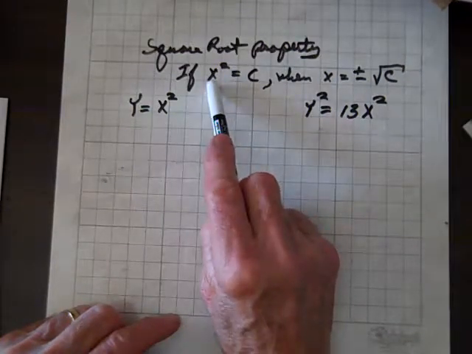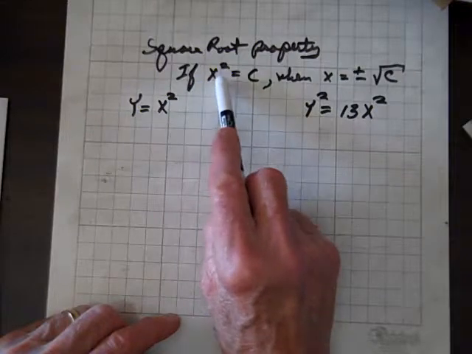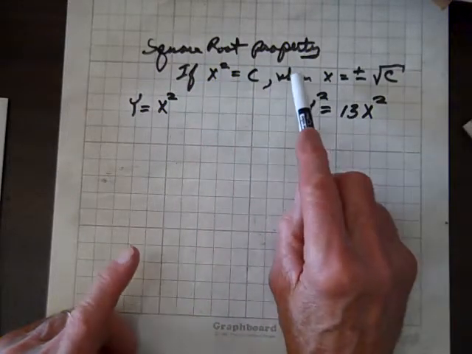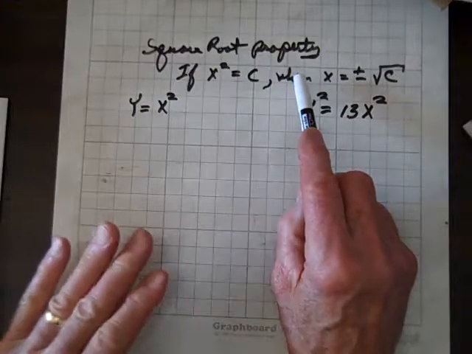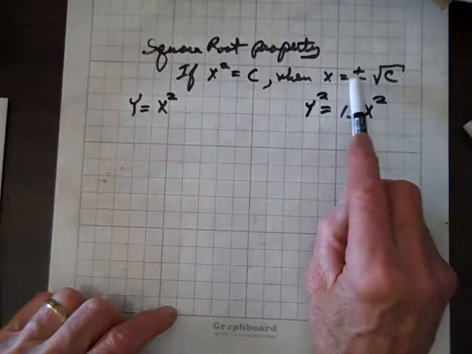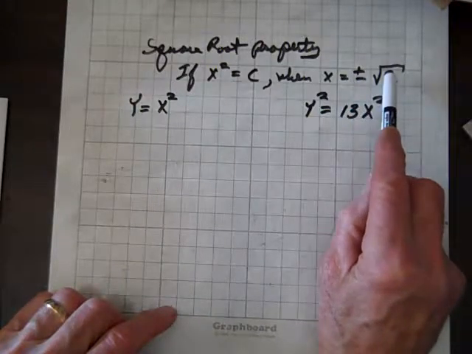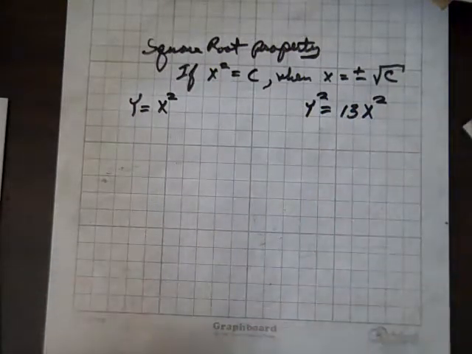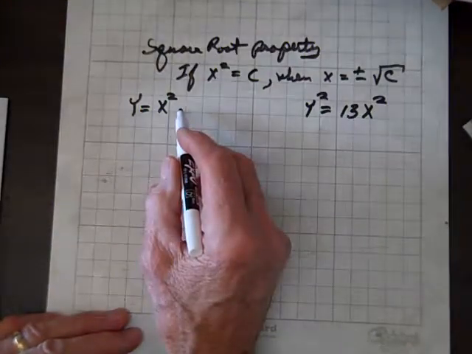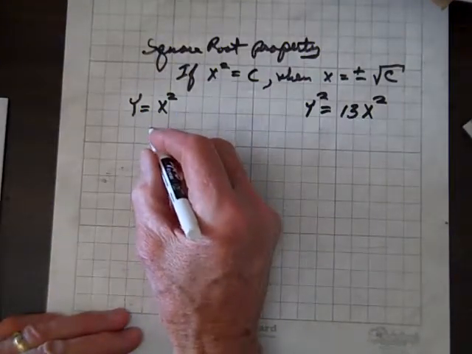Notice, at no time did I ever put a square root symbol over this x squared. If you use a square root symbol, all you get back is the positive result. But the solution is x equals plus or minus the square root of c. So for example, we claim this is a function, and here's why. If we graph it,